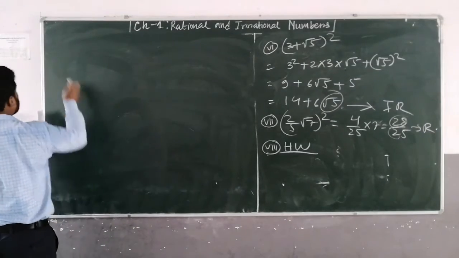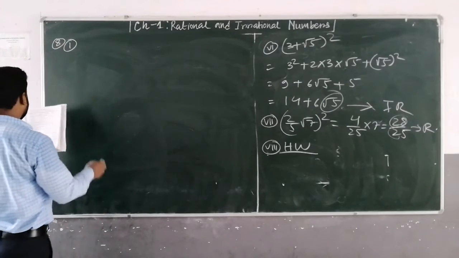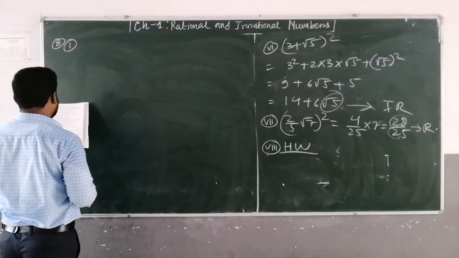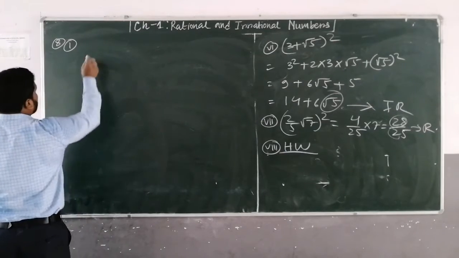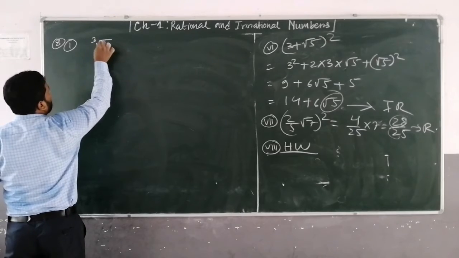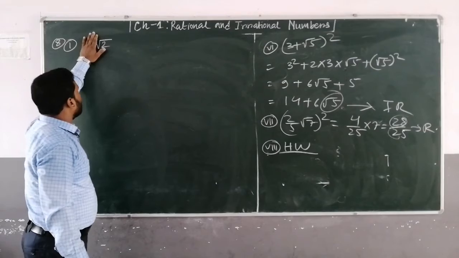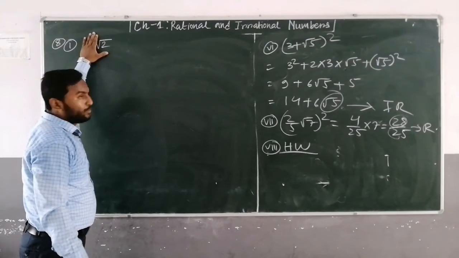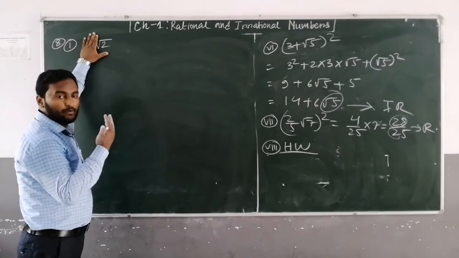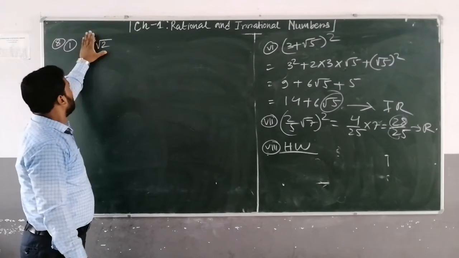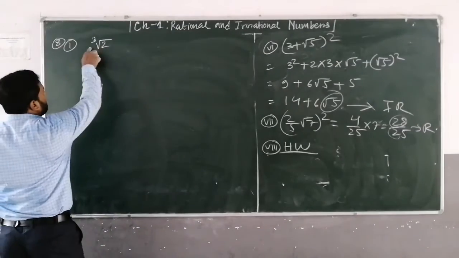Okay, question number 8, first part. It is told to prove that the following numbers are irrational. So first part it is given cube root of 2. Okay, you have done this type of thing. Suppose cube root is not there, only root 2. Then the second topic you have solved already. How we have to prove that this one is irrational. So by contradiction you will assume that this is rational. Suppose this is a rational number.